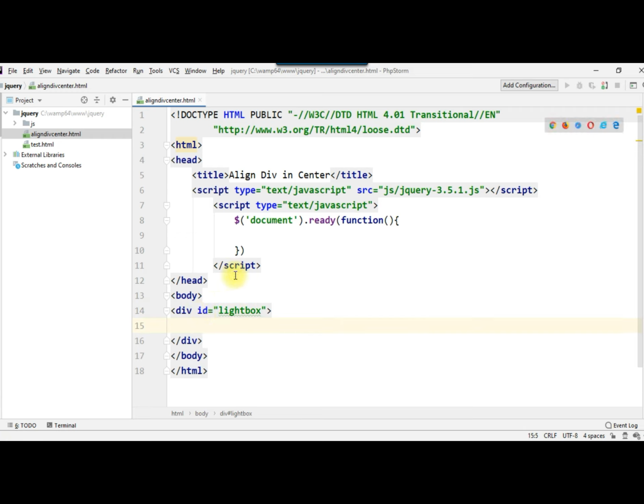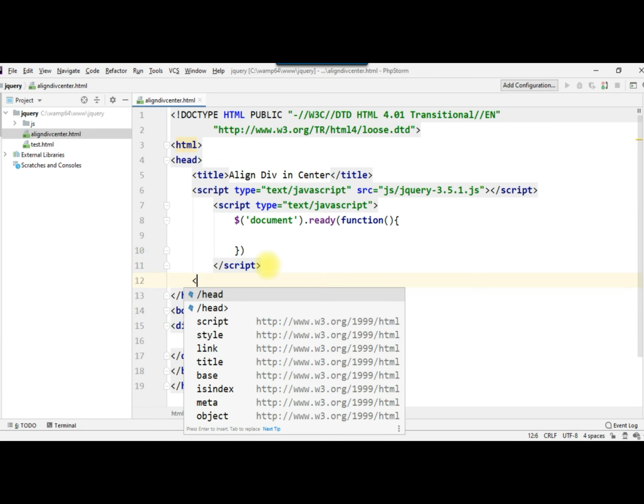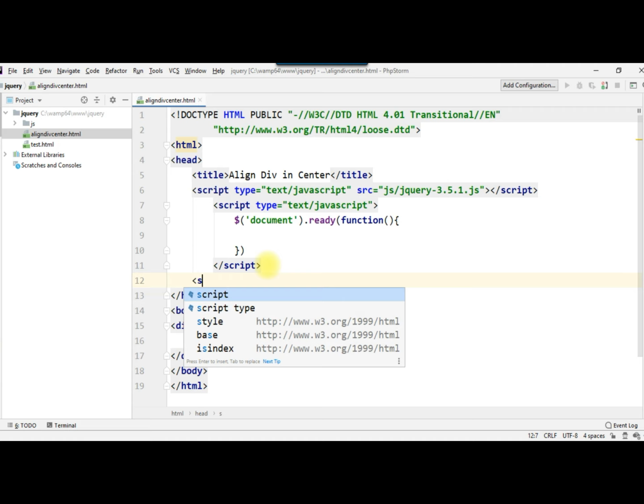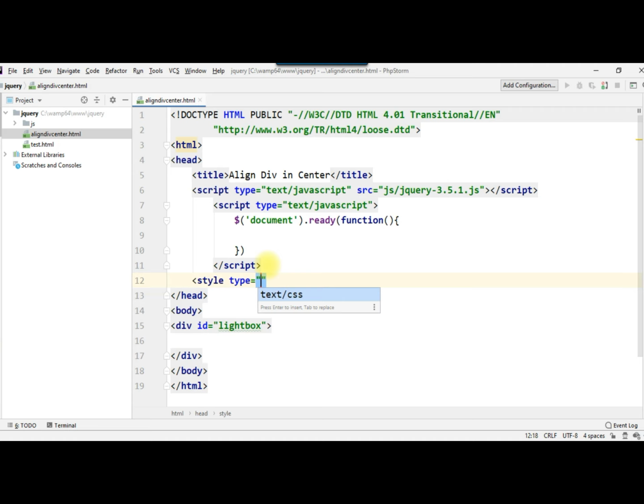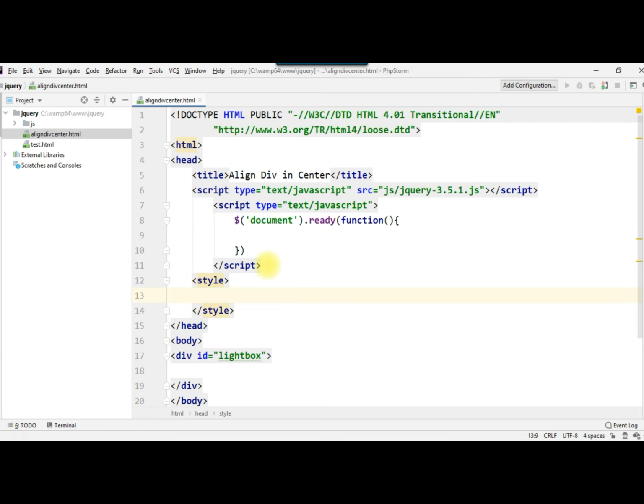Then in the head tag we define some of the properties for this div, and the selector name is lightbox,